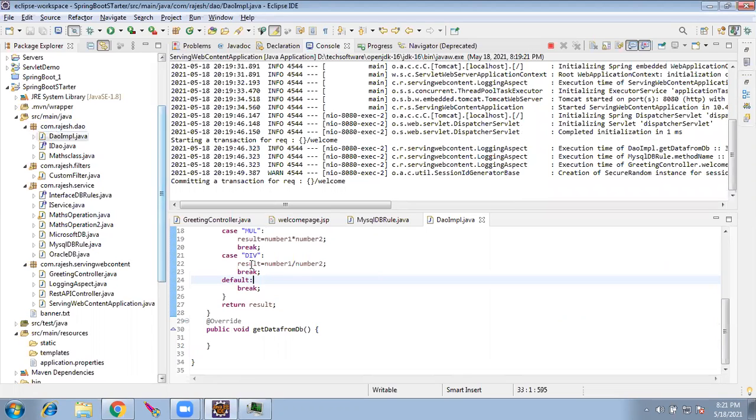I will paste that code here. Okay, so I am sending that code.